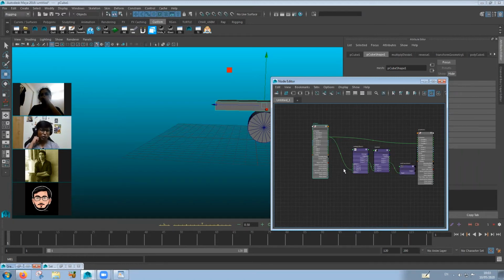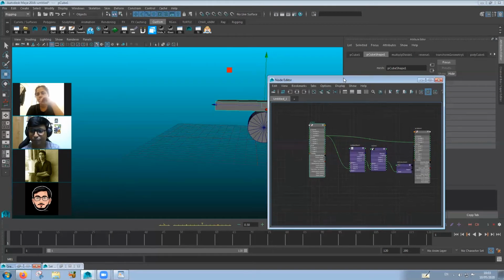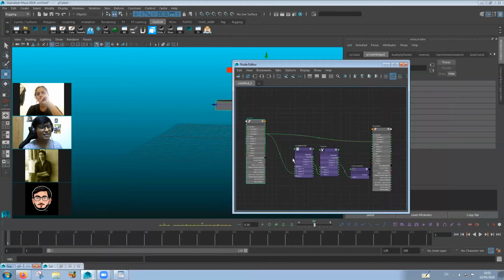Okay. So right now this doesn't matter. For example, if we are just using it to control two boxes, it doesn't matter because that much computing power every computer has. But imagine you are using it to control a rig. Okay, you are using a rig, and then there will be multiples and hundreds of expressions, and it has to calculate it every time you move a frame. Then there is a very vast chance that your system can shut down. All right, it requires a lot of computing power. That's why as riggers, we should always try to avoid using expressions wherever we can and use this, because as you can see, the result is the same.